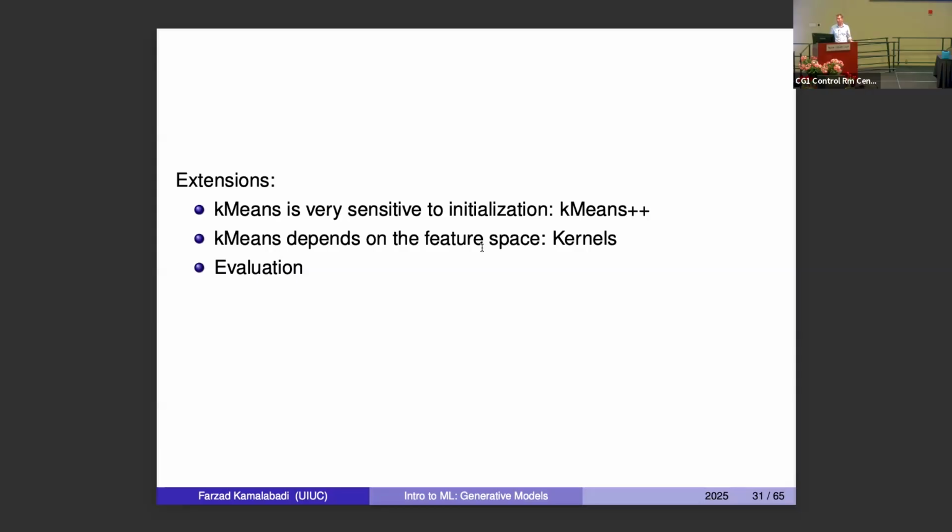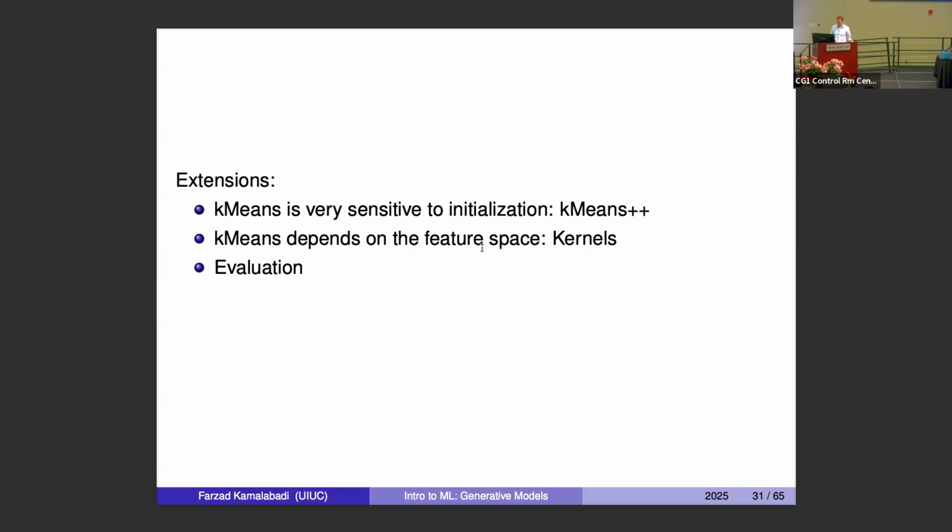K-means is very sensitive to initialization. One of the commonly used approaches for that initialization is a variation on Lloyd's algorithm known as K-means plus plus. And all that does is, instead of just assigning cluster centers at the beginning, do the assignment in a sequential way. So you assign the first cluster center, and then you look at everywhere else, and then you decide where the next cluster center should be assigned based on the distance between the first one and everything else. So you do that sequentially instead of just in one step initializing your iterations.